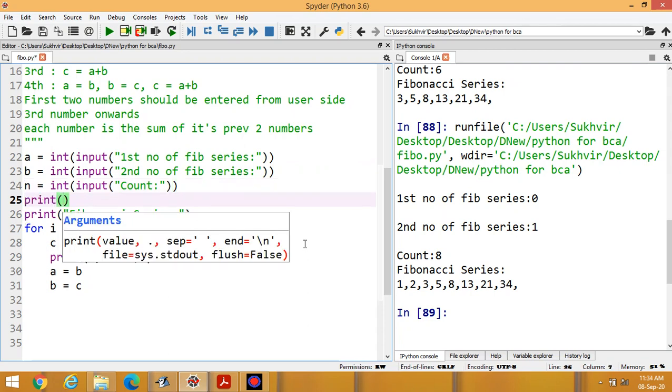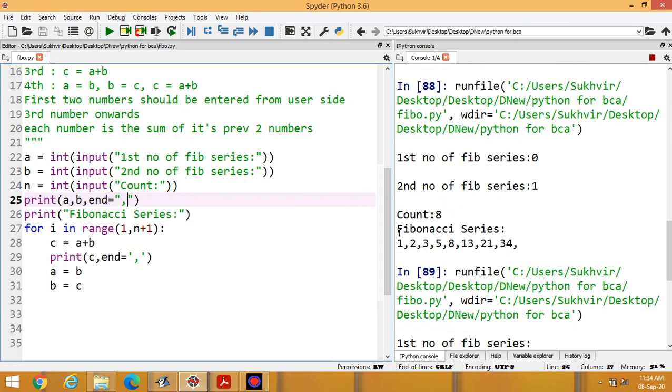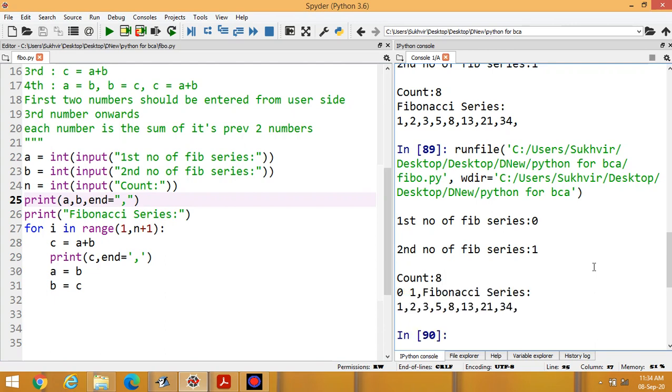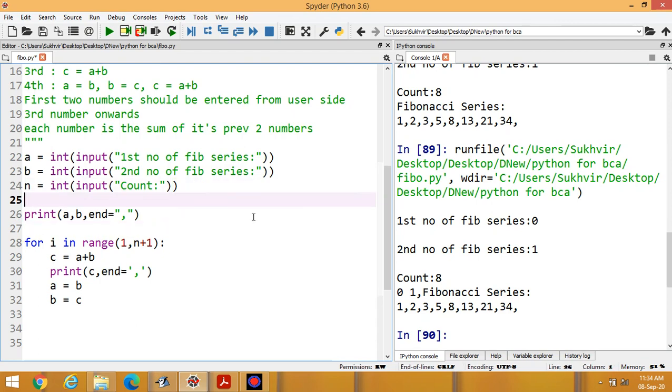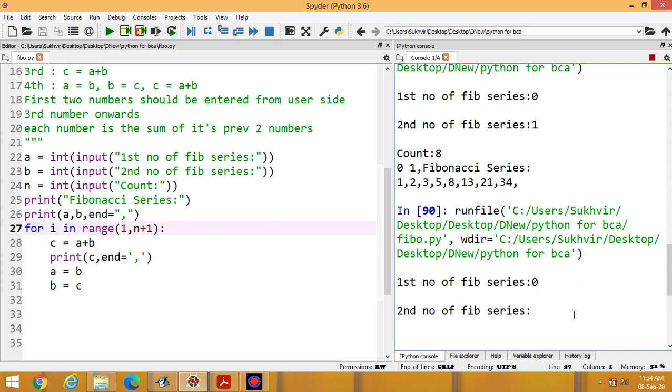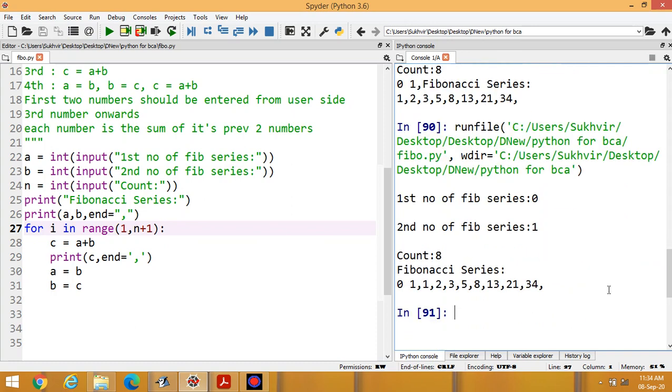Then I can do like this: A, comma B, then AND in double quotes. I can place comma here. Now execute the program. First number, suppose I am writing 0, then 1, suppose I am writing 8 here. You can display the data 0, 1, and you can print this content here. Now you can print the data exactly in the same manner. Suppose I am writing 0 here, then 1, then 8. You can display the data 0, 1,